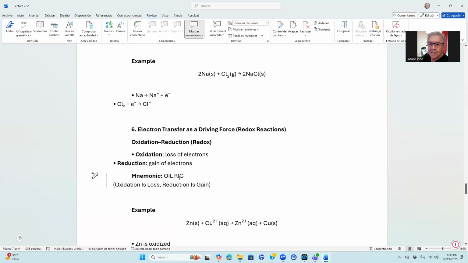Reduction is gain. Gain what? Electrons. Lose what? Electrons. Then in this kind of reaction, someone loses electrons and the other one gains electrons. That's what we call redox